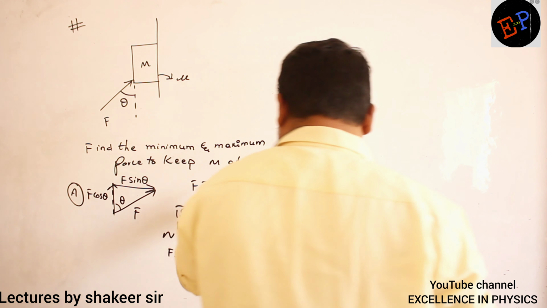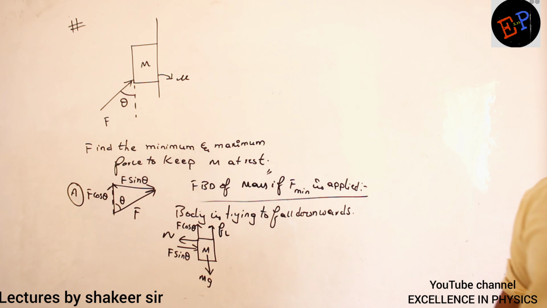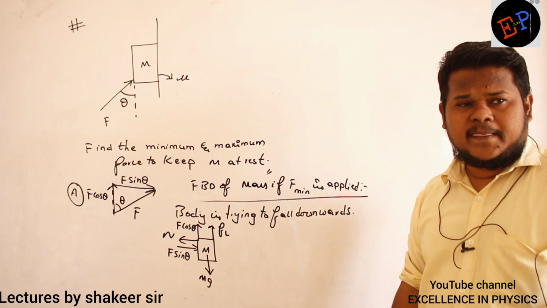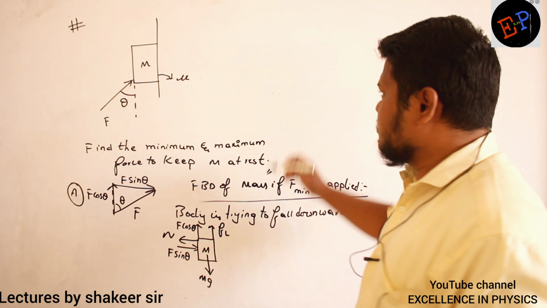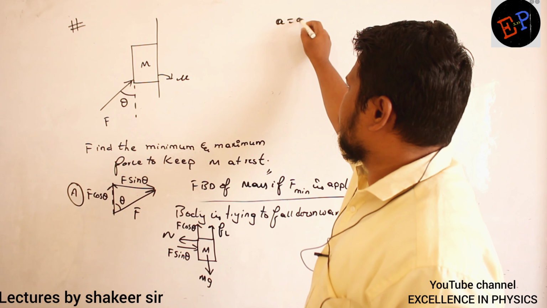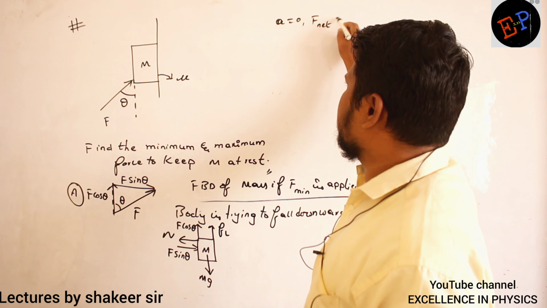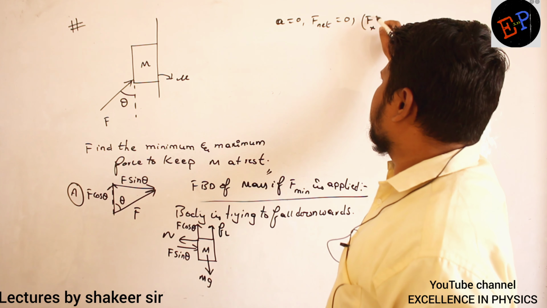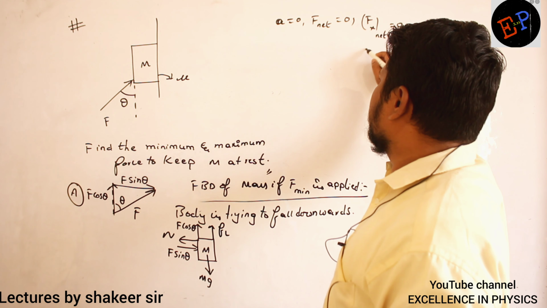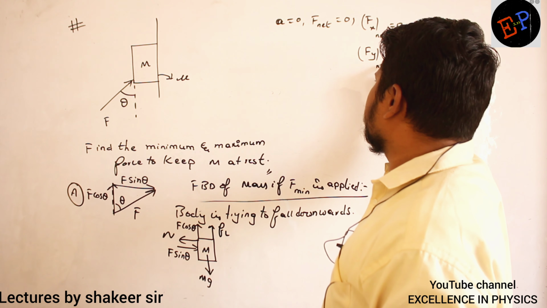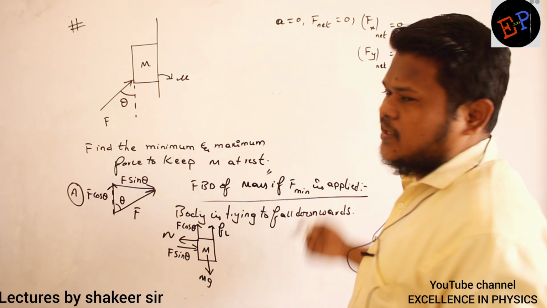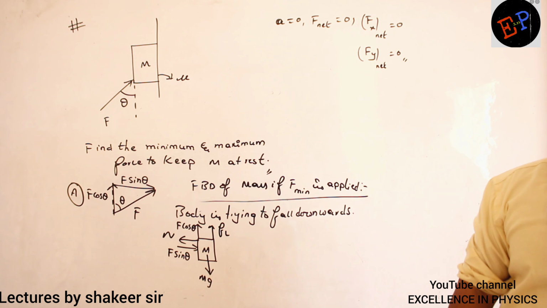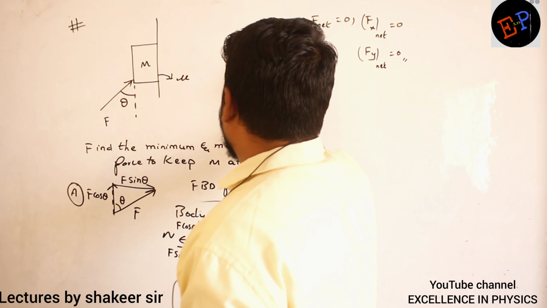Now, all the system, all the body, is in rest position. Rest means what? Acceleration is zero. Acceleration is zero means what? All the net forces acting are zero. Net force along the x-axis is also zero. Net force along the y-axis is also zero. All the forces along the x-axis and y-axis are getting balanced with each other. Clear now? Now if I take along the x-axis,